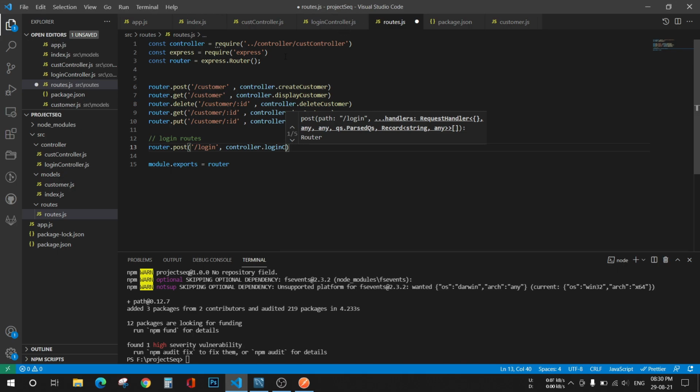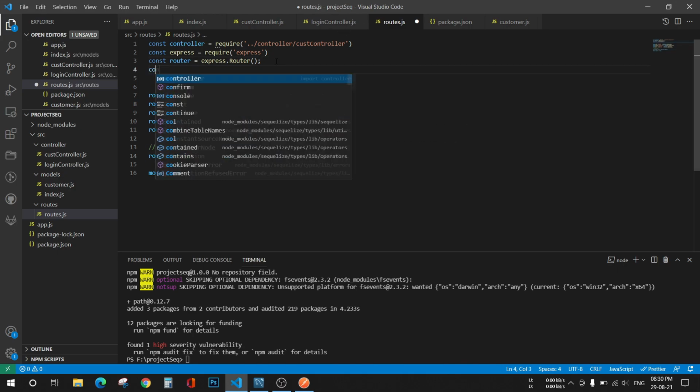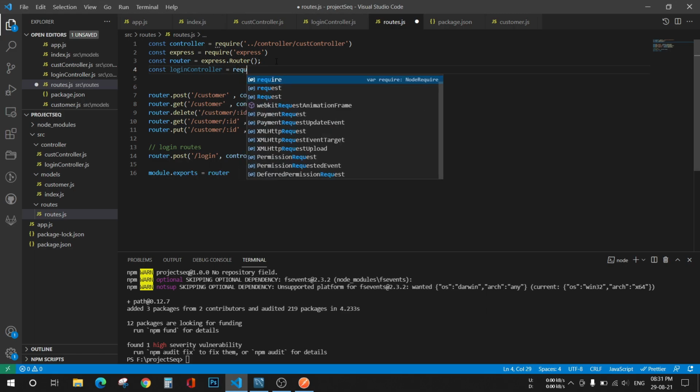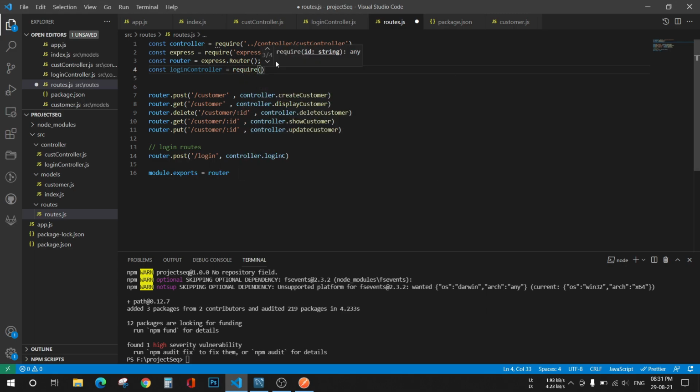First we have to import more. const loginController equals require controller, and inside that this file, login file.